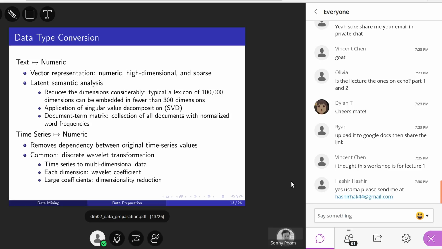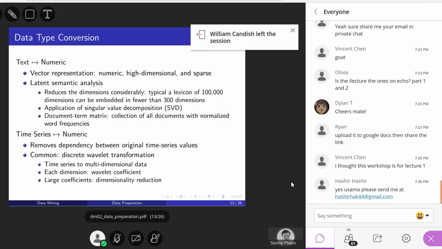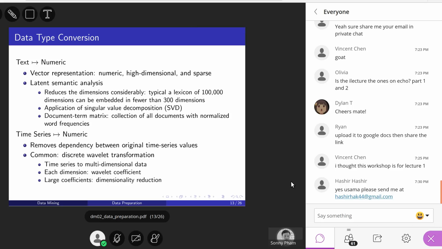So what happened with semantics analysis is that we can reduce the dimension considerably. For example, a dictionary or a lexicon can have 100,000 words or 100,000 dimensions. If you represent a text document using every word in a dictionary, first of all, the dimension is going to be huge, 100,000. Secondly, it is very sparse because lots of the entries are actually zero, and very few entries are actually non-zero. So that is the